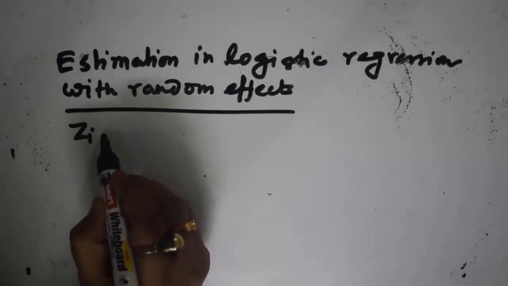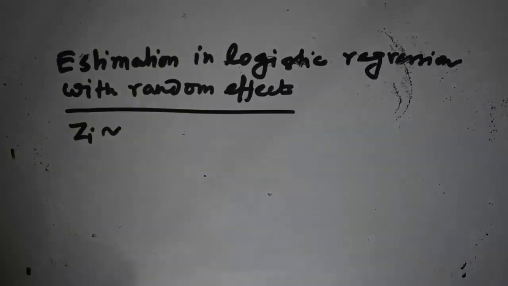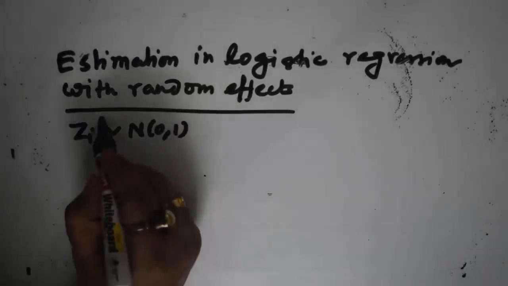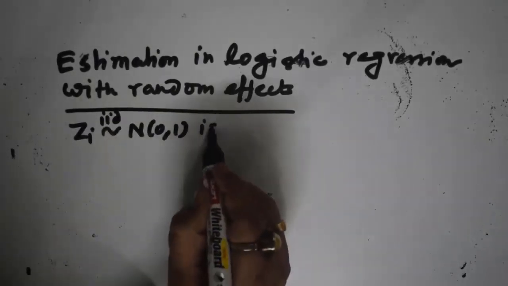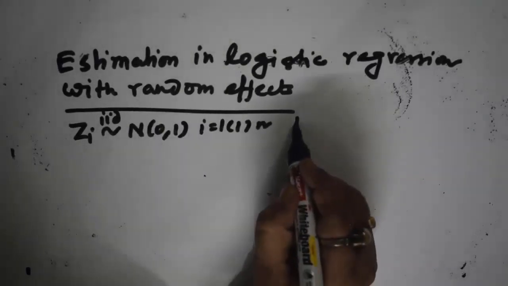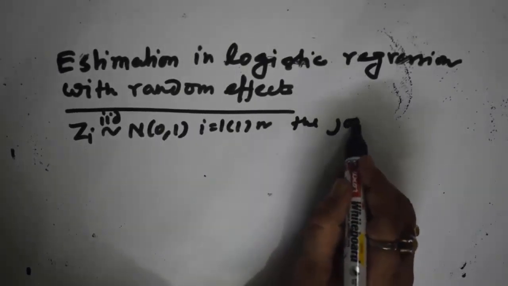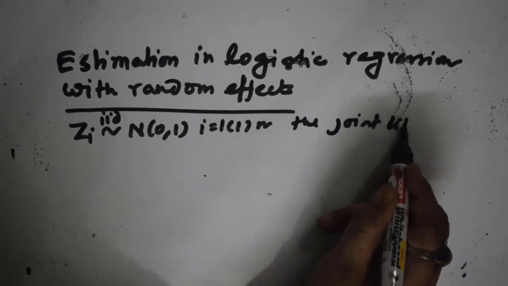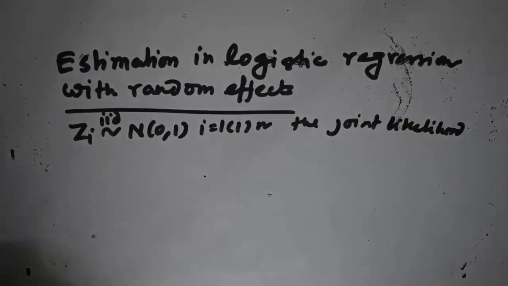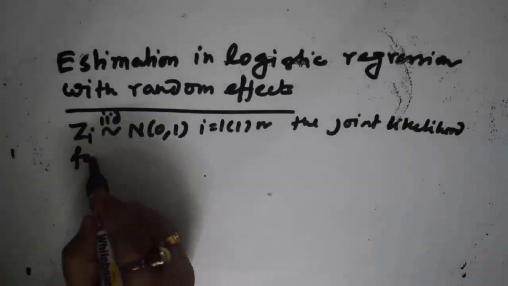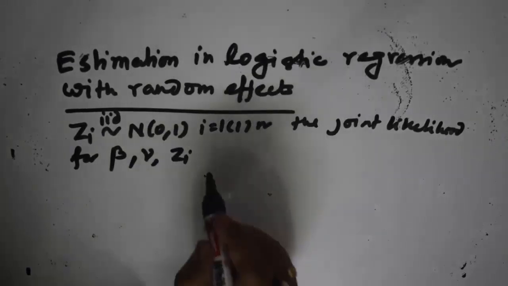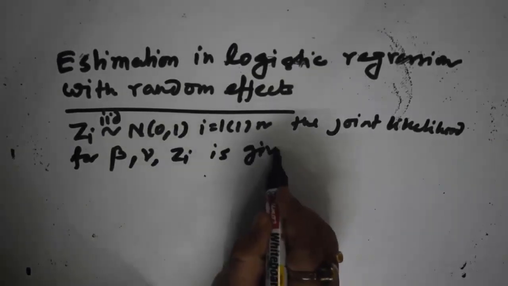Suppose Zi follows normal 0 1, IID, i from 1 to n. Then the joint likelihood for beta, gamma, Zi is given by